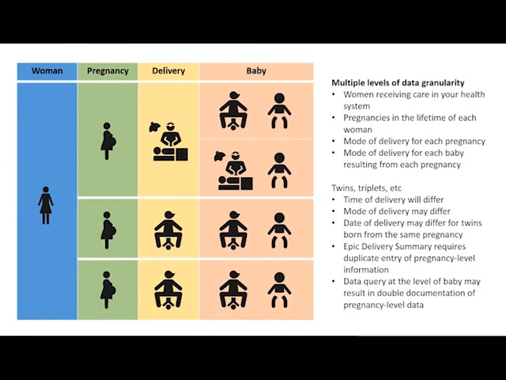So you have different granularities, and you just need to consider that when you are working on your data sets. If you work on a pregnancy data set, maybe the pregnancy delivery method will be the one that provides more morbidity to mom. So if mom had twins and she had 1 vaginal and 1 C-section, that pregnancy delivery method will be C-section. But when you look at the baby, you pick up the method by which the baby was delivered. So maybe the first twin was delivered vaginally, and the second twin was delivered by C-section. So you pick up those values. You start to see some of these details as you get more into data.